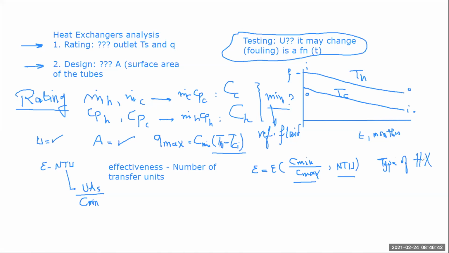By these numbers, I mean how many shells and how many tube passes. For example, a heat exchanger with one shell and 2 tube passes would look like this. The tubes go into a pass and then another pass. This is what we call a 1-2 shell and tube heat exchanger. Or cross flow heat exchangers like the radiator. So depending on the type of heat exchanger, you select the correct formula for